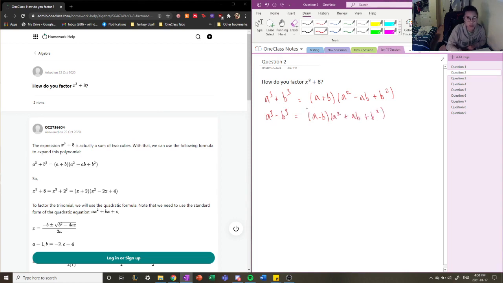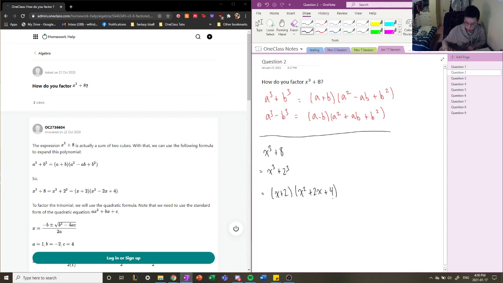Okay, so whenever you're using these two rules, you have to recognize that your example here is the sum or difference of two cubes. So x cubed plus 8 can alternatively be written as x cubed plus 2 cubed. And by looking at this, we can use the sum of two cubes to factor this into x plus 2 times x squared